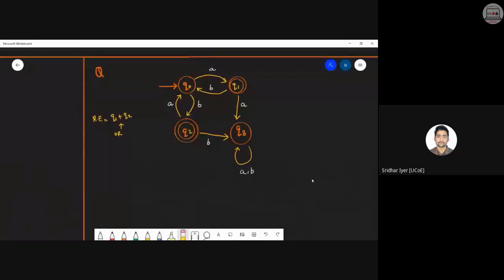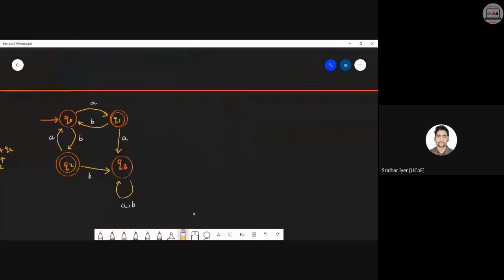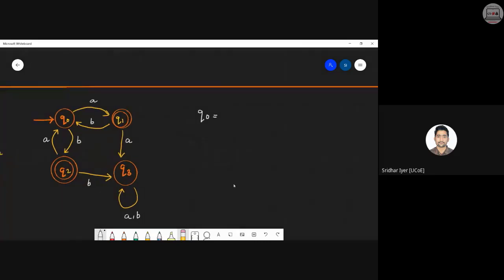Do both. Okay, how to start? We all know what is the very first thing. I'm writing it over here. We have to rewrite the state equations, right? So we have to start with Q0. What will be Q0? Q0 is nothing but the incoming transitions to Q0. That is, incoming transitions are from Q1 and Q2. Is it clear, yes or no? The same technique, same flow you have to follow. Q0 has incoming transitions from Q1 and Q2. So I will write it like this. It is Q1.B plus Q2.A. Don't forget about this epsilon. Correct?